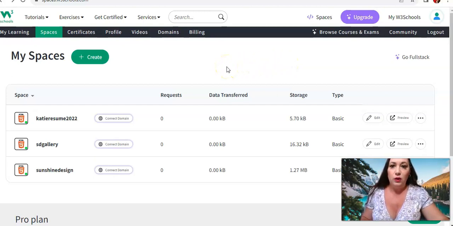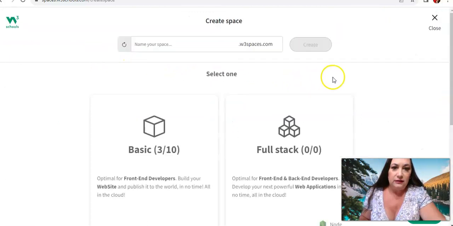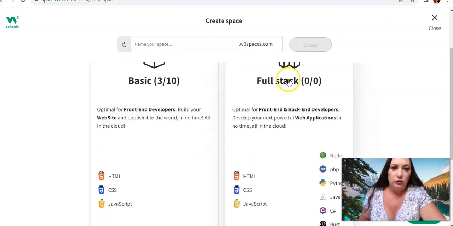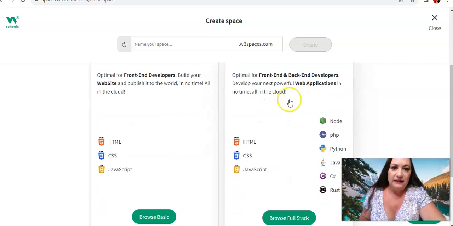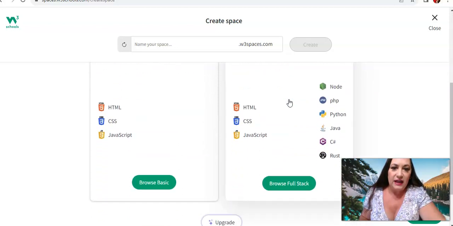So if you have a subscription to W3 Schools, you can log in. I think mine is $4.99 a month. So it's not very expensive. And with that, you can create here. And then you want to decide, do you want basic or do you want full stack? For today, let's just go ahead and browse basic